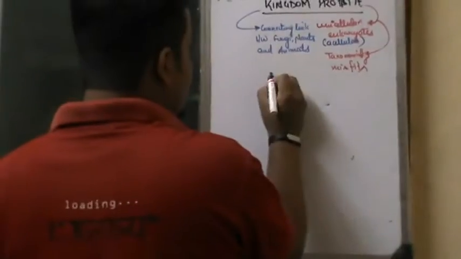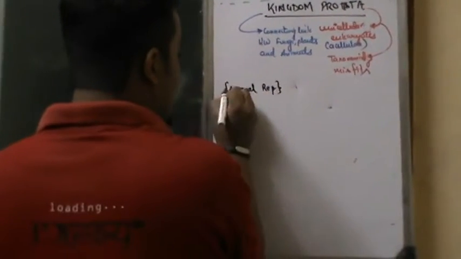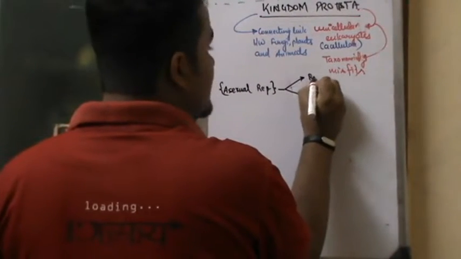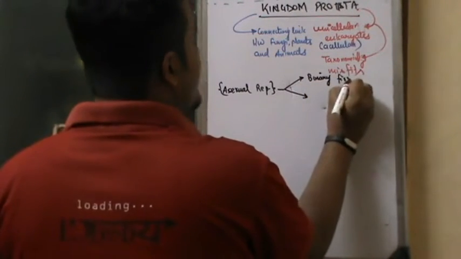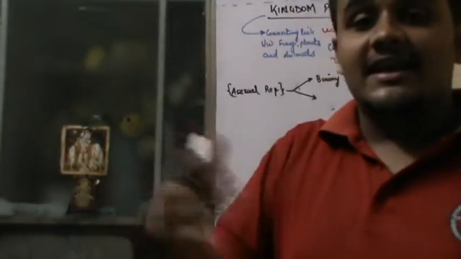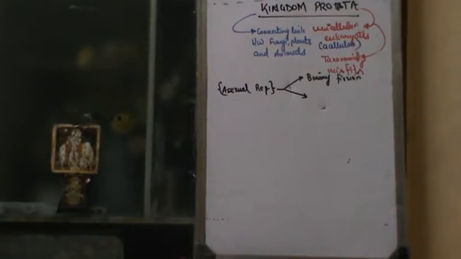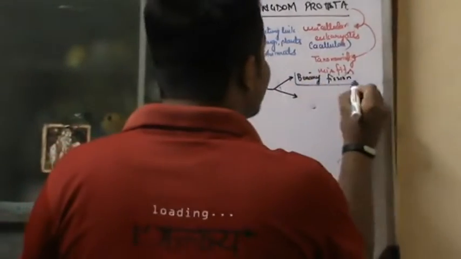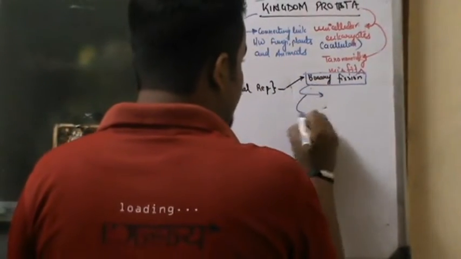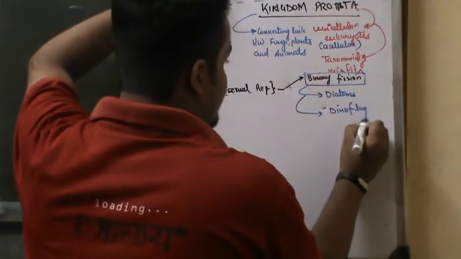Then always remember, the very important characteristic is reproduction, the asexual mode of reproduction. I have already discussed asexual reproduction in my previous video. One type is called binary fission. It is a process wherein the cell divides by the formation of a transverse septum in the mother cell from the center towards the periphery. Binary fission is shown by very famous organisms, diatoms, which belong to Protista, and dinoflagellates, which again belong to Protista. So these two protistans show binary fission.